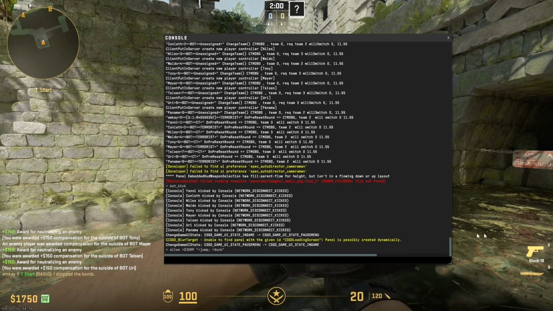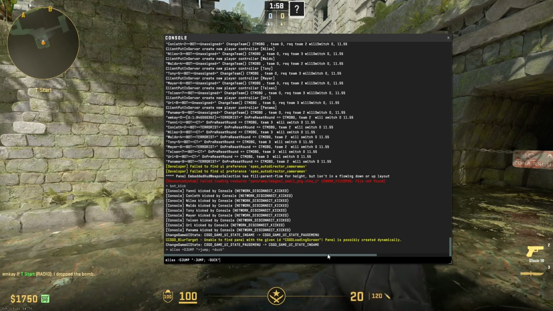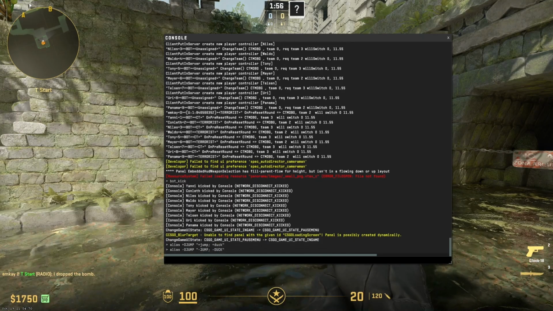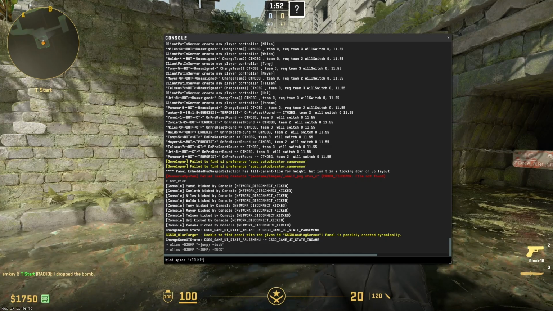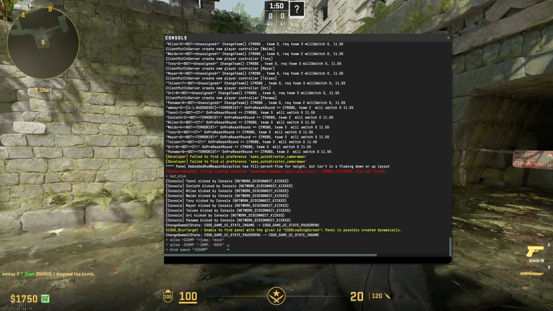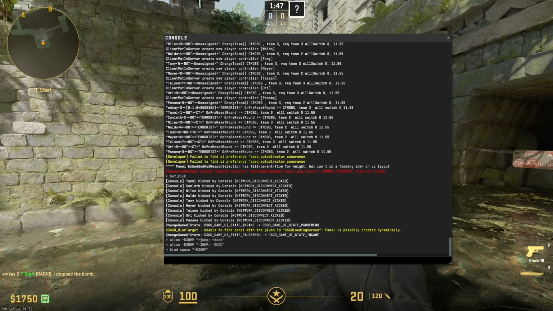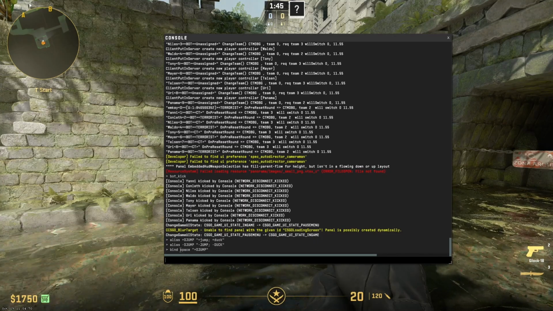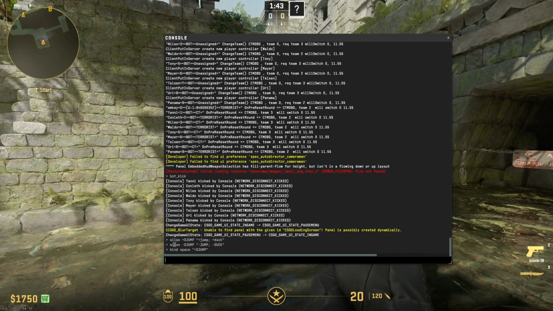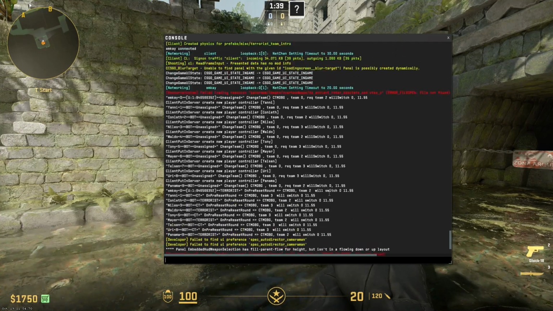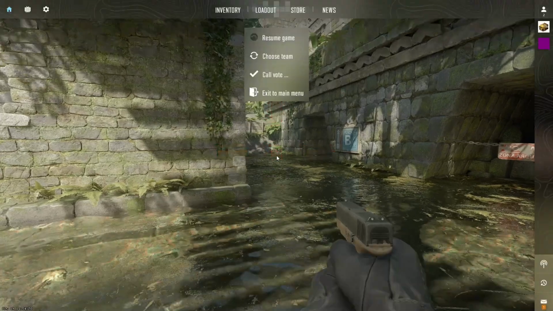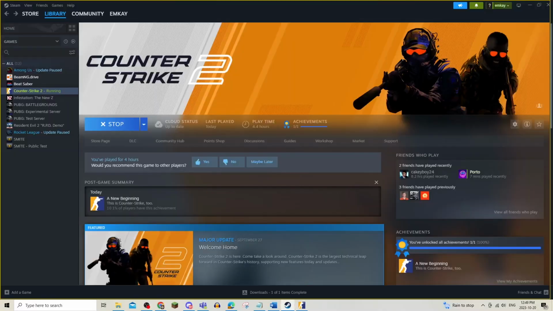The next one you are going to use is this, and the final one you're going to use is this. Now, if you do have your spacebar already binded, you're going to make sure to unbind space before you do these commands. Now, the next thing that you're going to do is go onto your Steam for CSGO and right-click,